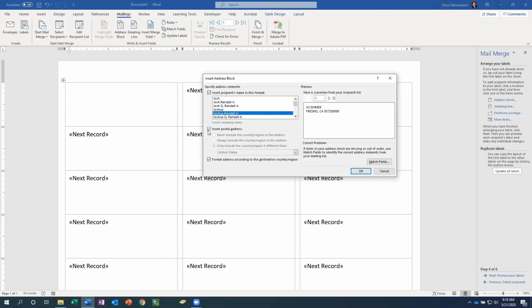I'm going to choose that. And then also format address according to region and country and region, which is what I'm looking at here. But it gives me a preview here. And if I look at this, I've got the first name, AS, I've got the last name, Emmer, and then I've got Fresno, California,